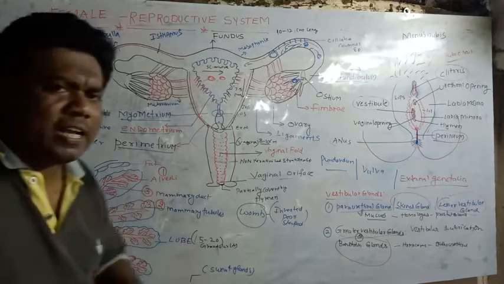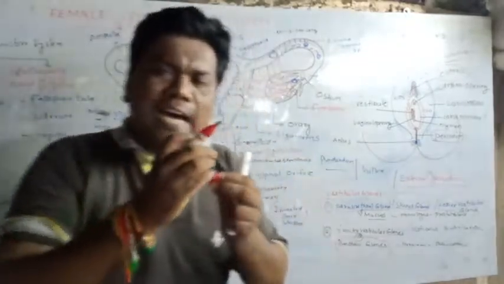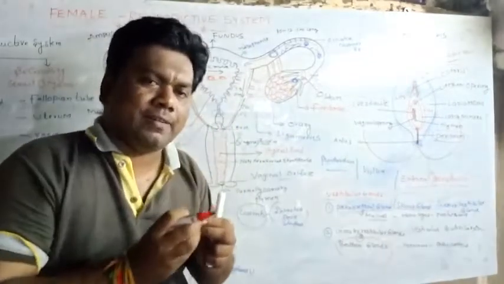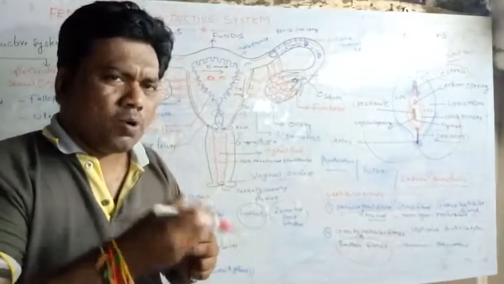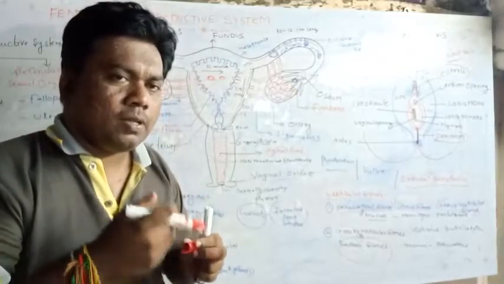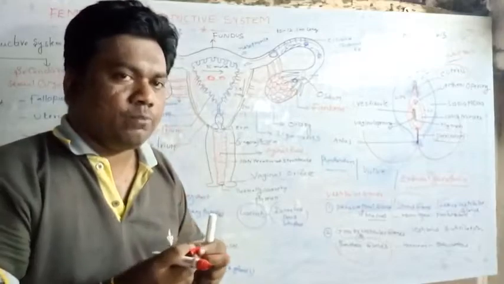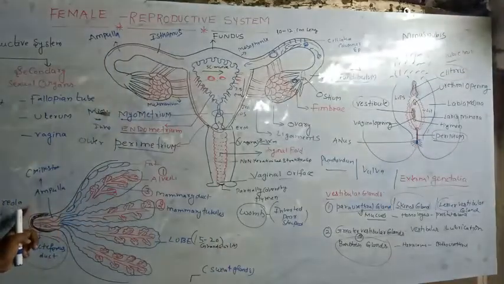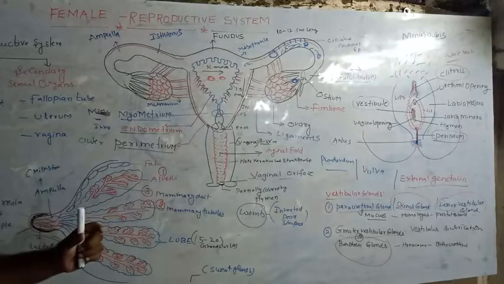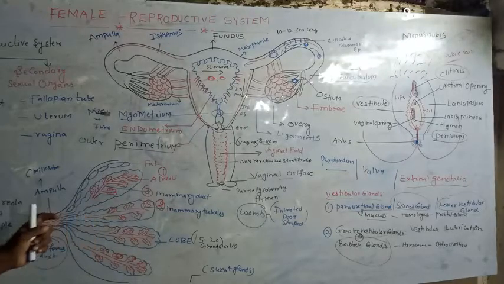What is the areola, beta? The nipples are covered by a black pigment. Sometimes it is a brown pigment, based upon the presence of melanin, beta. Right? So that is called the areola. What is the areola, beta? The nipples are covered by a black pigment, and that pigmented area is called the areola.